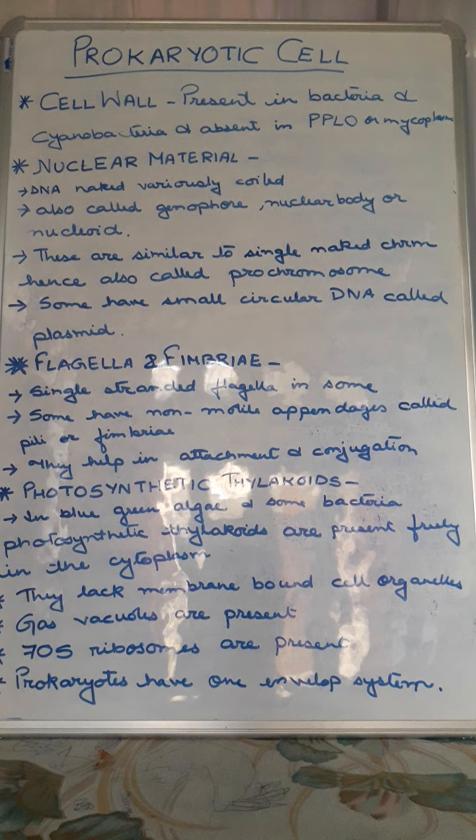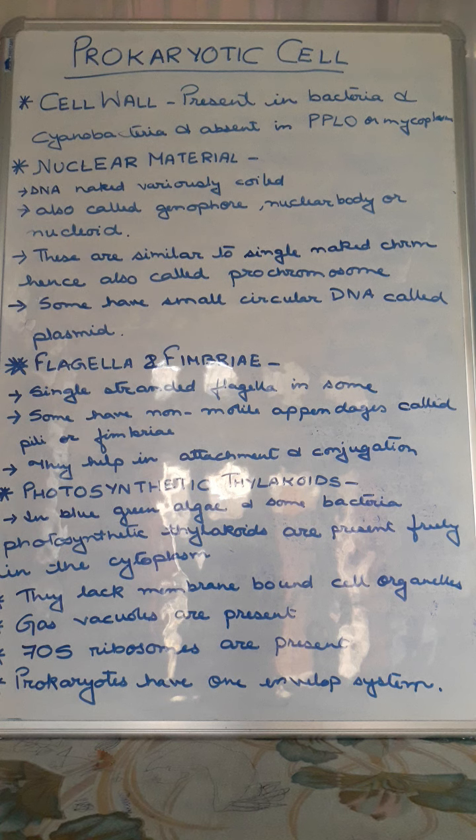Now the name itself indicates prokaryotic cell, that means the cells which lack a membrane bound nucleus. Got it? As there is no membrane, what happened? The nuclear content, whatever is present, will remain scattered in the cytoplasm. So these are simple, primitive cells, which lack a membrane bound nucleus. Actually, we cannot say the nucleus is absent here because nuclear content is present. So we will mention that the nuclear membrane bound nucleus is absent.